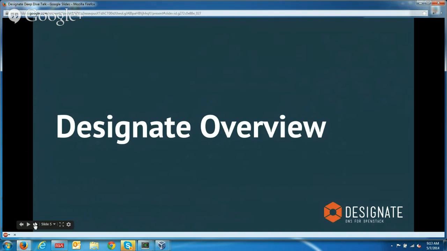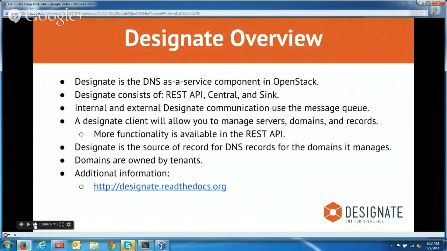Okay. So, overview. First of all, what is Designate? Designate is a DNS as a service component in Openstack. It provides the DNS piece that Openstack desperately needs. It consists of three main parts. It has a REST API. It has Designate Central, where all the work is being done, and has Designate Sync, which is an interface